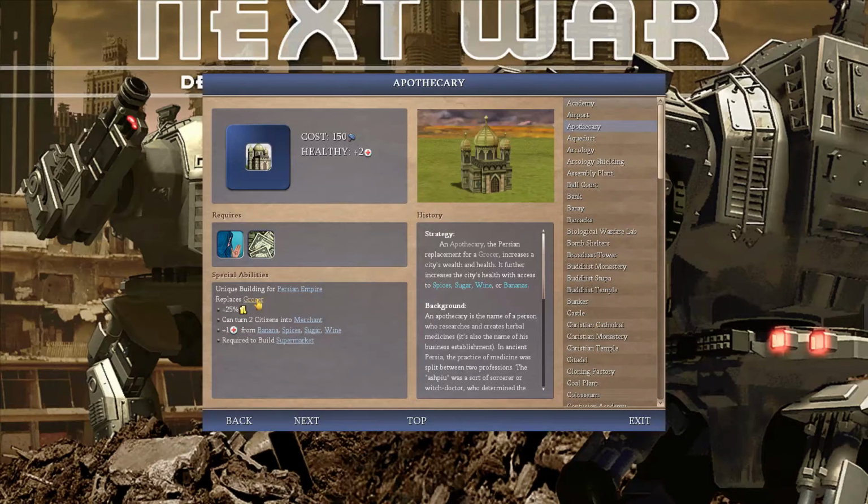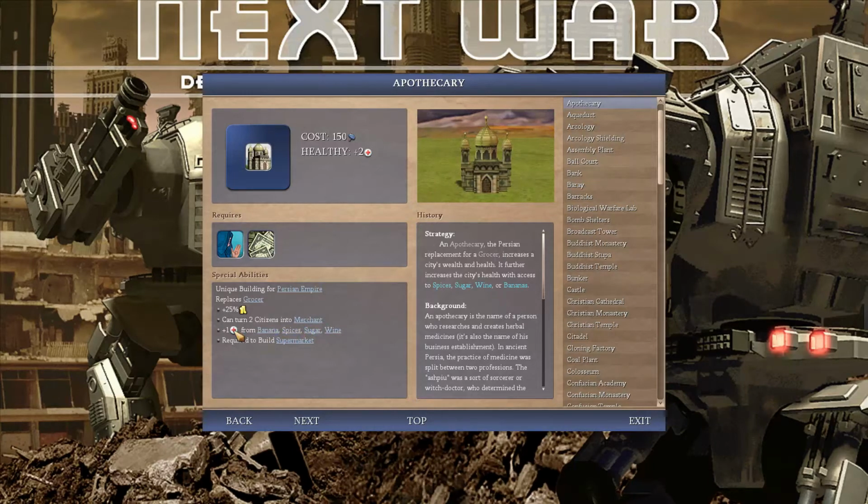Apothecary replaces the grocer, and all it gives is an additional +2 healthiness. I guess you're building grocers in cities where you care about healthiness. Makes you less reliant on having these resources to get the healthiness bonus. It's good for the tall cities that you're going to be building it with for the 25% gold. It comes kind of late and it's kind of expensive for a building,